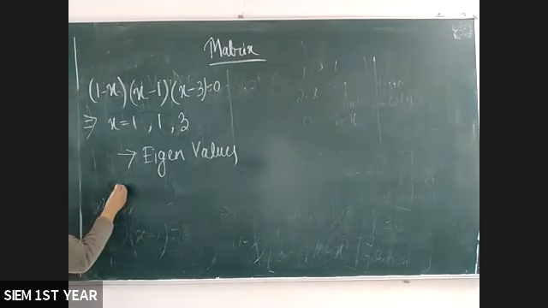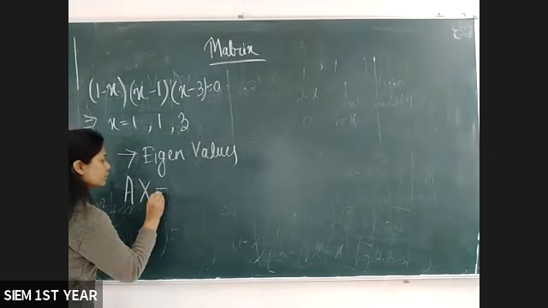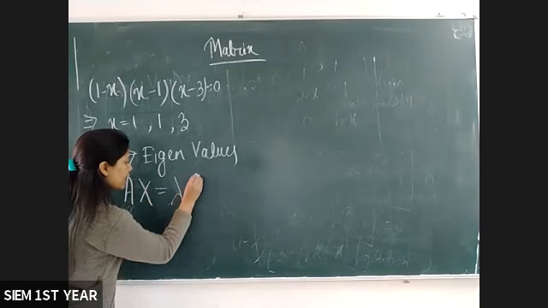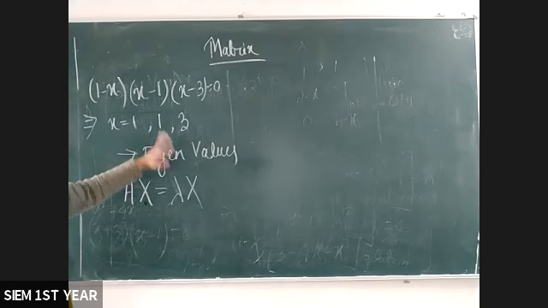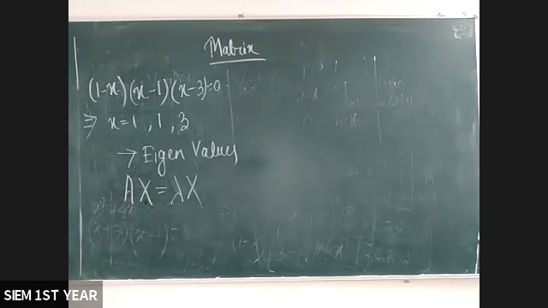For the eigenvector, I give you one equation, that is Ax is equal to lambda x. I told you what A is. A means the given matrix, which I told you in the question. x means this eigenvector. We have to compute this x. Next, lambda means the eigenvalue 1, 1, 3, and x means again this eigenvector.